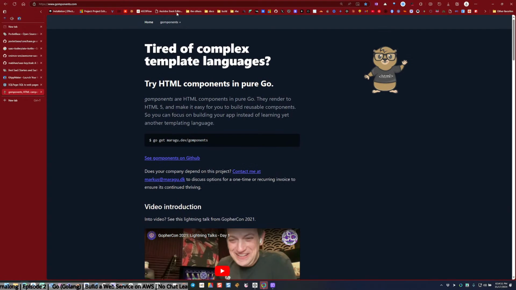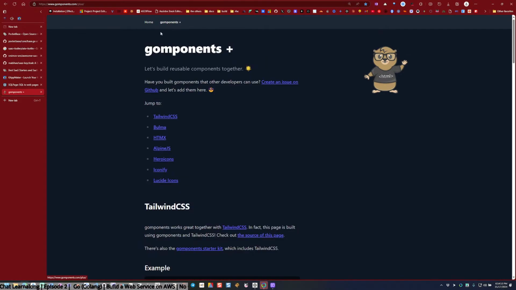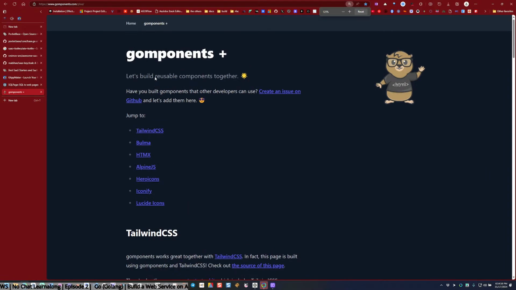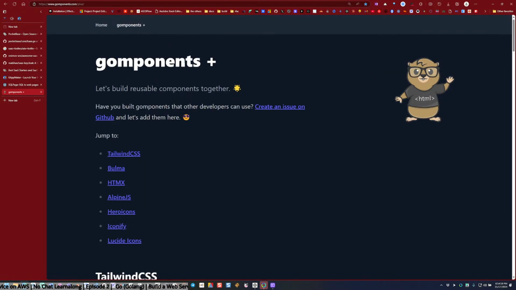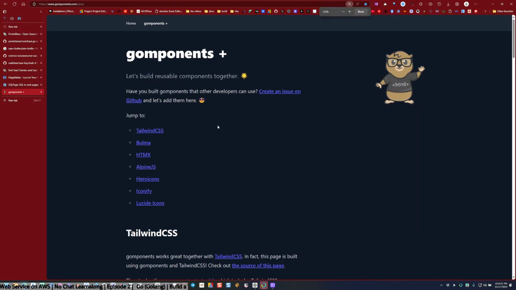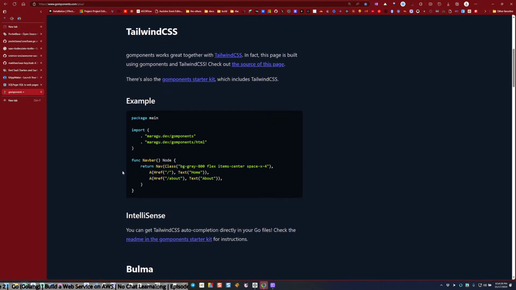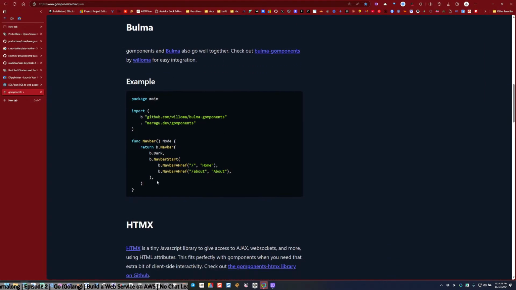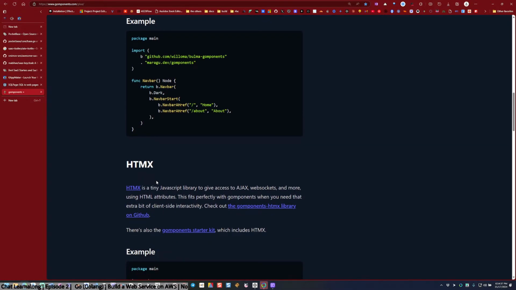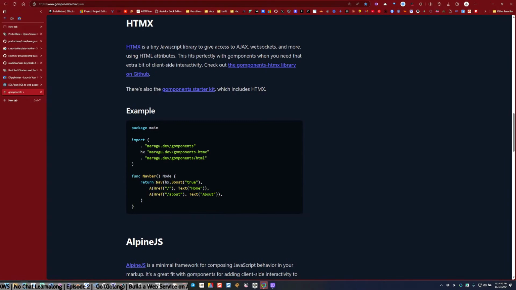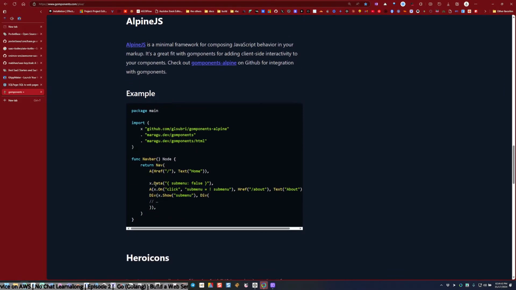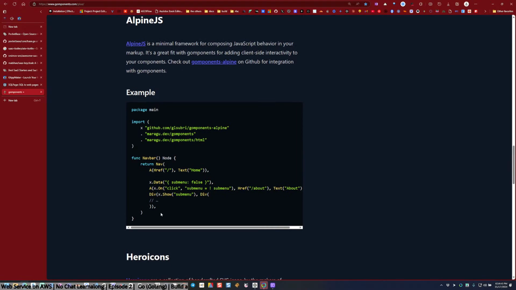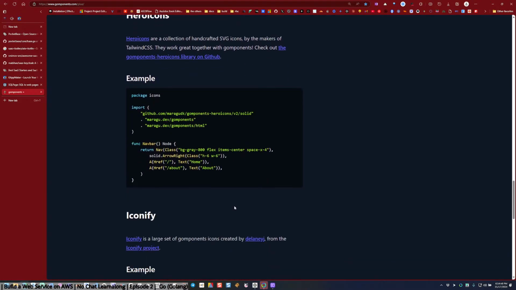There's another website, Components Plus, at the top of the page here. I donated some of my old UI here, and the person that wrote it collected all of them here. HTMX, Bulma, Tailwind, all these have components already that you can use. So if you want to dig into it, go check it out. There are already a lot of different libraries and styles and kits that you can use. So if you are a big Go fan, this would be a good one to support and check out.